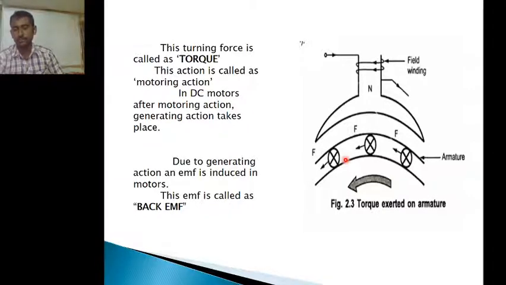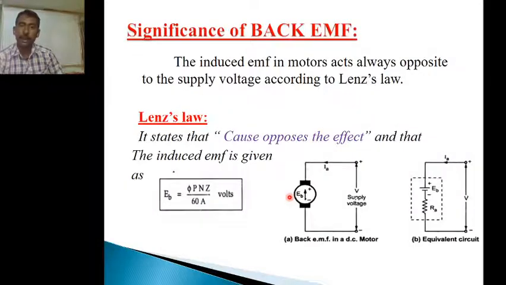So, according to Faraday's law, when a moving conductor is placed in a magnetic field, an EMF will be induced in it. Here, first our conductor is stationary, then it becomes a current carrying conductor. As a result, some force will be developed, and with that force our rotor will be rotated. So, in the same motor, we can have the generator operation also. How? The rotating rotor itself generates some EMF. That EMF is nothing but back EMF.